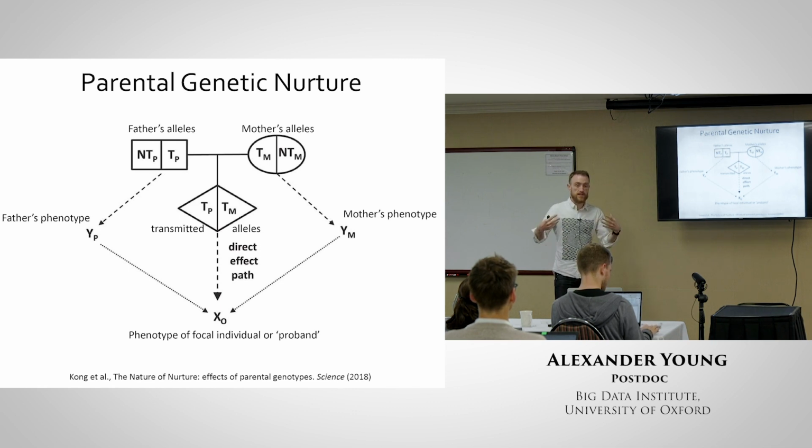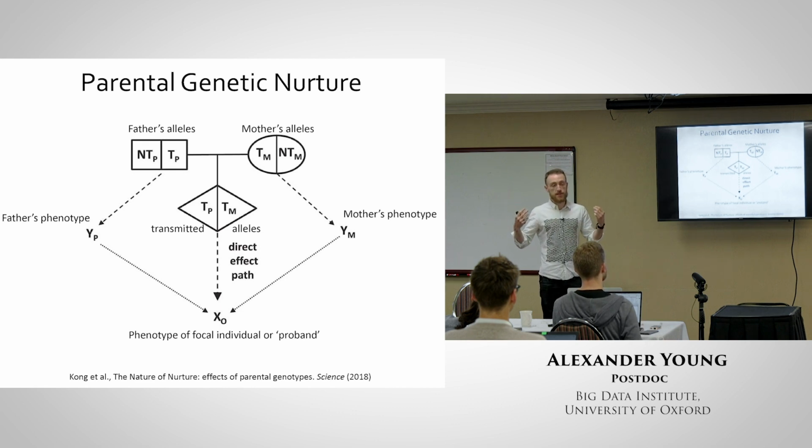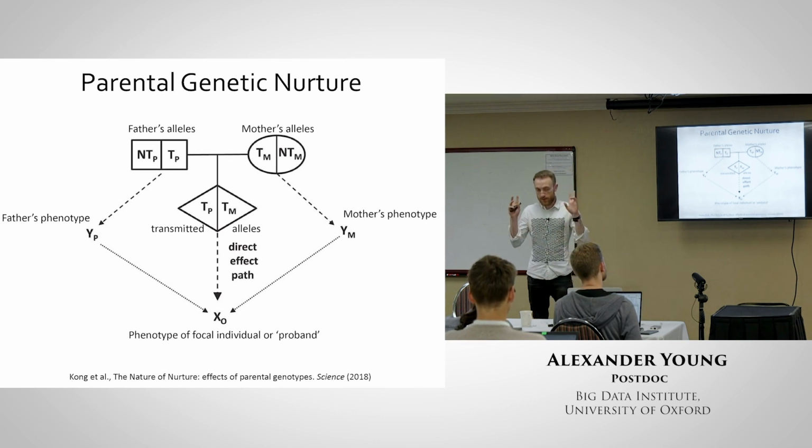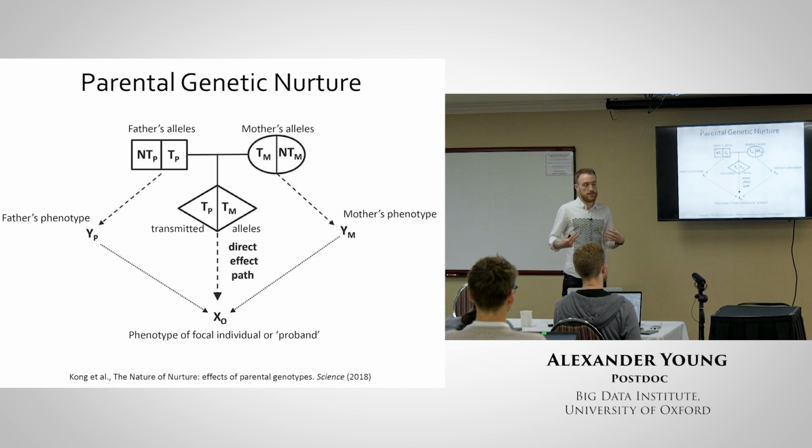And by increasing their educational attainment, that changes the environment in which you develop. And it can thereby influence your educational attainment not only through inheritance, but through the environment provided for you by your parents. In this kind of gene-environment correlation, I guess it's called passive gene-environment correlation in the behavior genetics literature, it's very difficult to adjust for based on the kinds of data that are present in genome-wide association study